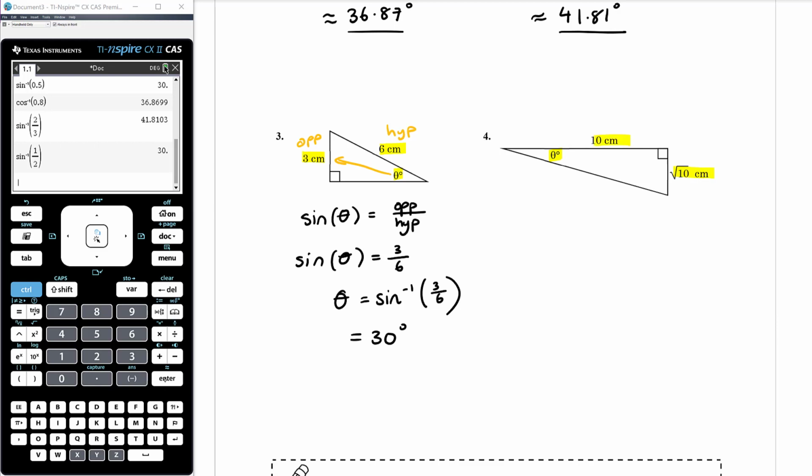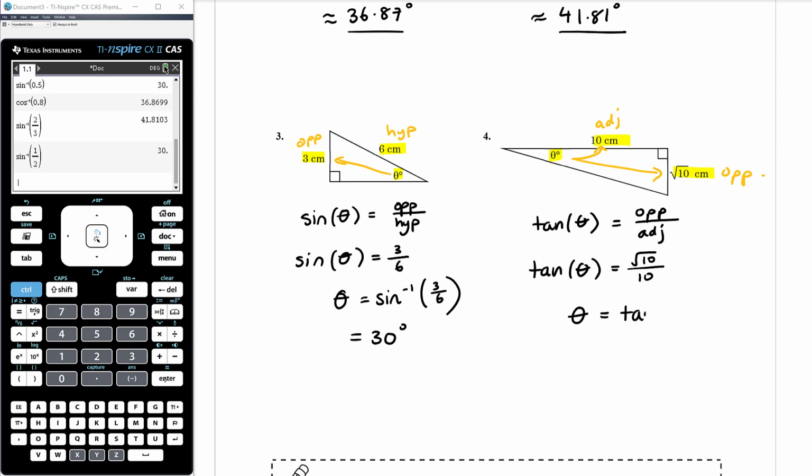In question 4, here's our unknown angle that we're trying to find. We've got these two lengths, okay? This is the opposite the angle that we're interested in, and this is next to the angle. Obviously the longest side, the hypotenuse, is over there. So we've got adjacent and opposite, and so that's about tan. Tan of theta, TOA, is opposite over adjacent. So in this case, that is tan of theta equals the opposite length, which is root 10, over the adjacent length, which is 10. And so therefore theta is the opposite of tan, inverse tan,